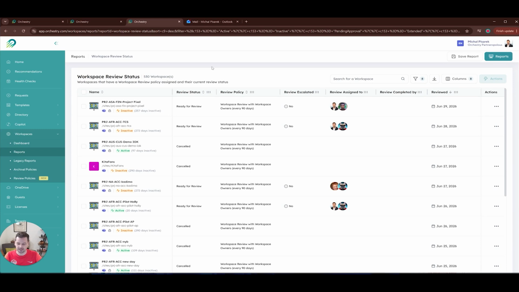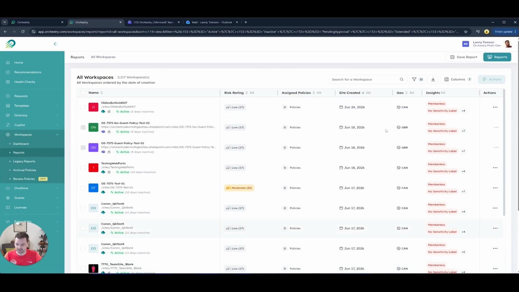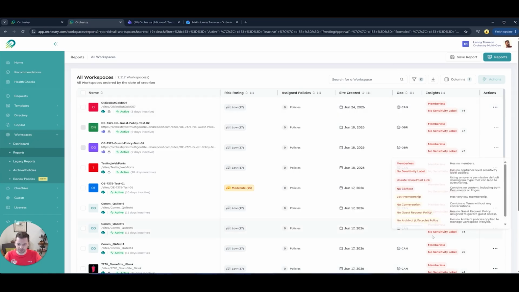This report is fully exportable, but it also contains that real data richness here that will allow you to get a better handle of what you could maybe improve on the launch of the next cycle of the workspace review in your environment. Now, lastly, I'm going to switch over to a slightly different tenant here to showcase a really